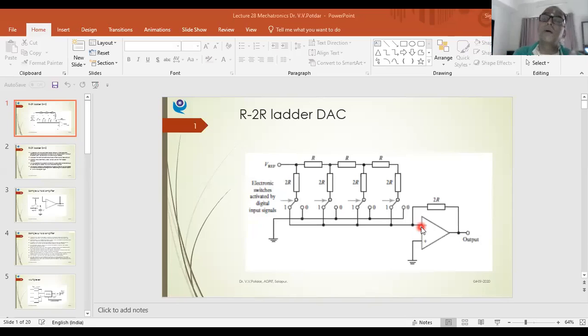Fourth, 2 to the power 3. 0, 1, 2, 3. So the first 3 from the right are 0, and the last one is 1. So 1 is 2 to the power 3. My decimal number is around 8. Just as an example, I am telling you that the equivalent voltage I should be able to